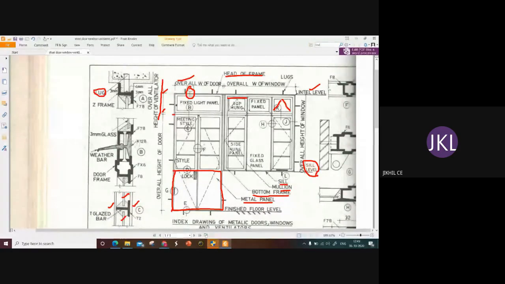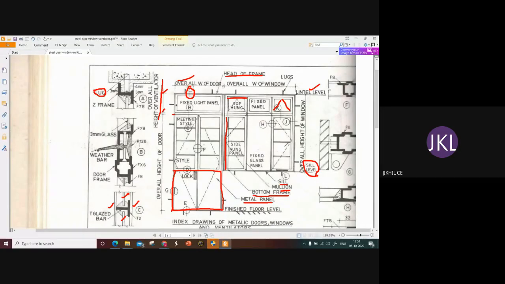And you can see this is a side hung panel. It means this is a fixed region, and we can open this window either inside or outside, depending on the arrangement. And here, as per this figure, the middle portion is a fixed glass panel which cannot be opened.